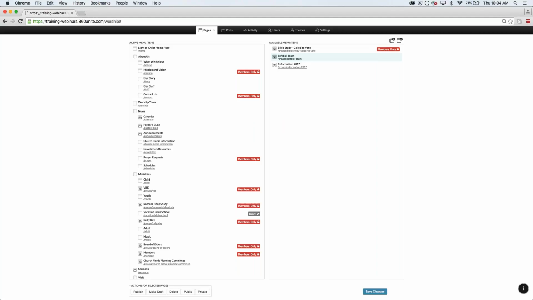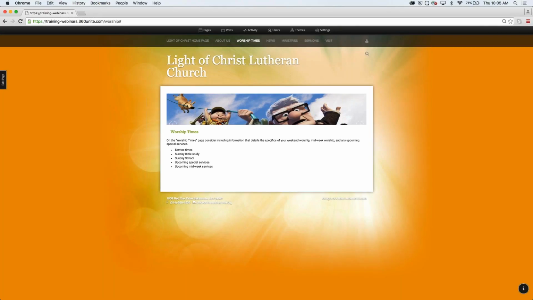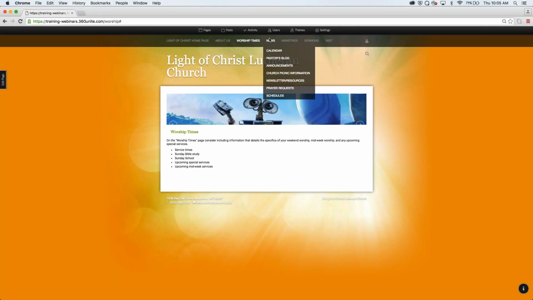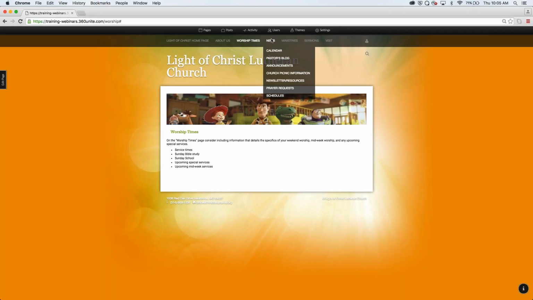There are also categories, and that's what this button is here. The categories are these folder-looking things, and that's basically what they are, a folder to hold your pages. In the past, websites used to have category pages themselves, where you could click on this heading here, and it would open up a page on worship times, or news. But now more people are viewing websites on their mobile phones or their tablets and things like that,